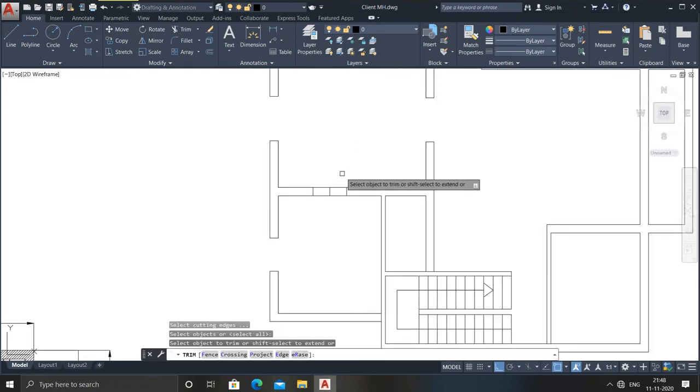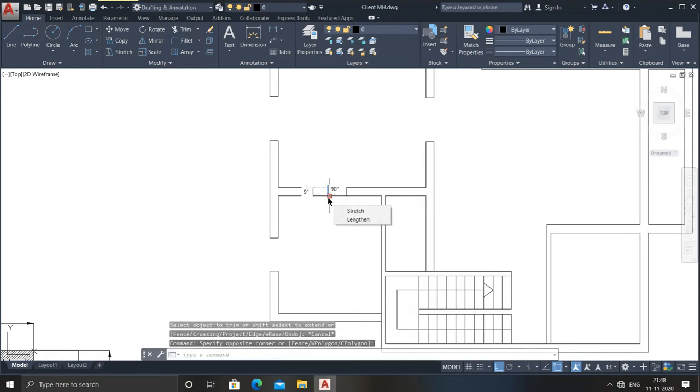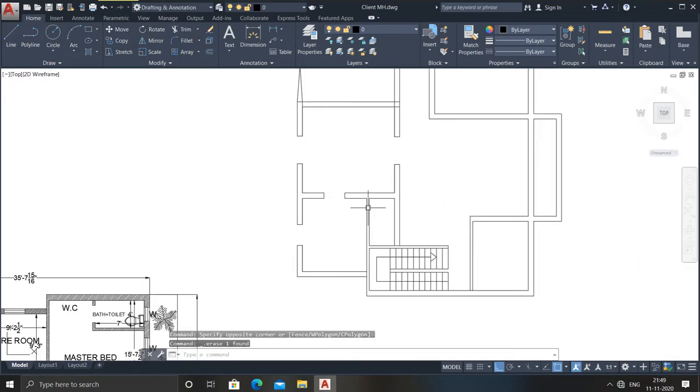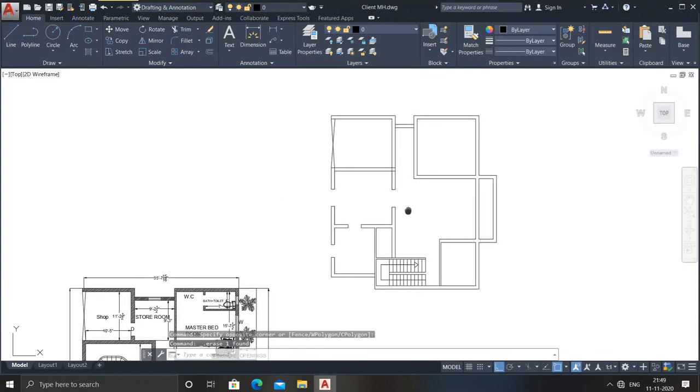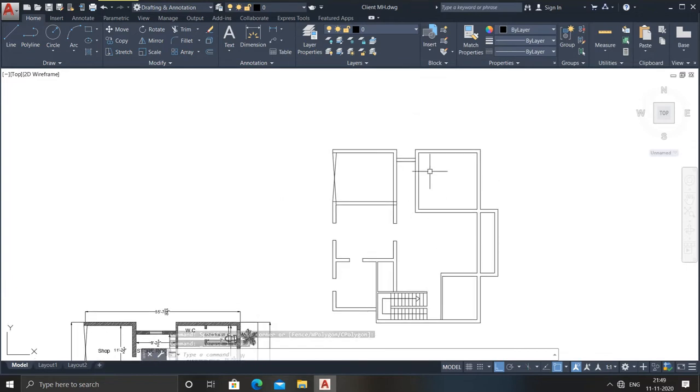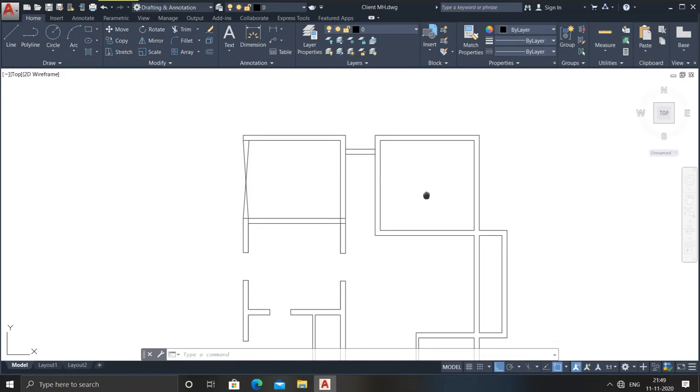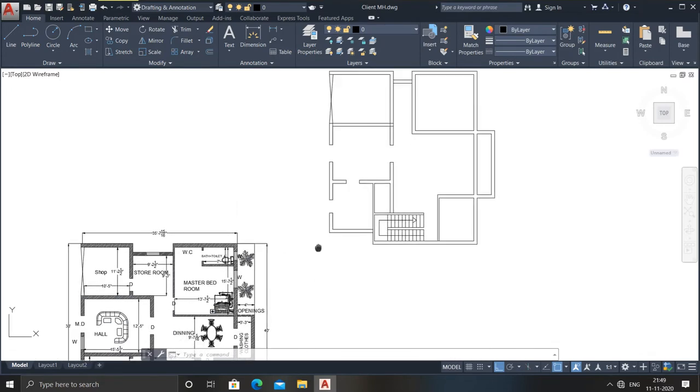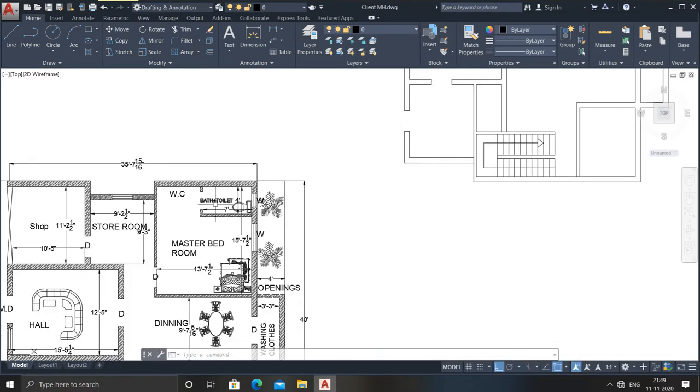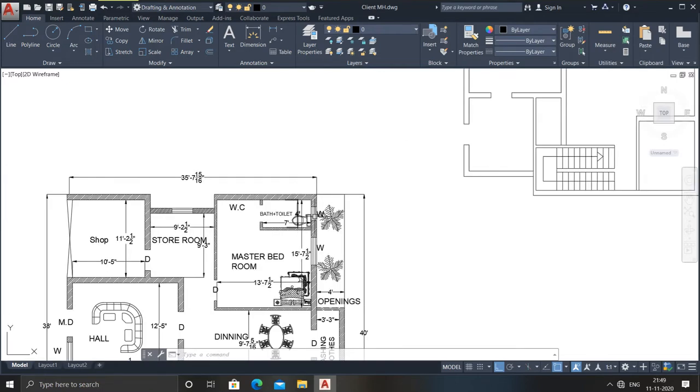So go for trim over here also, because you need to provide some doors, right? So delete it, sorry, just delete it. See, the shape is almost coming. Now this is your master bedroom, not a bedroom. So here what I have done, here is my bedroom. This is 7 feet and this will be my 4 feet.